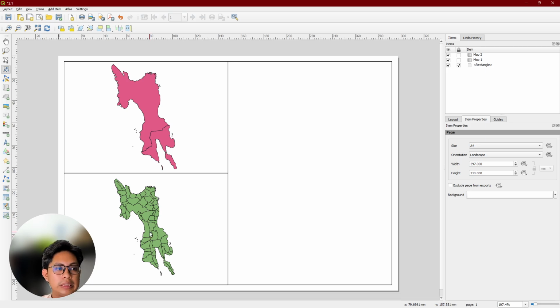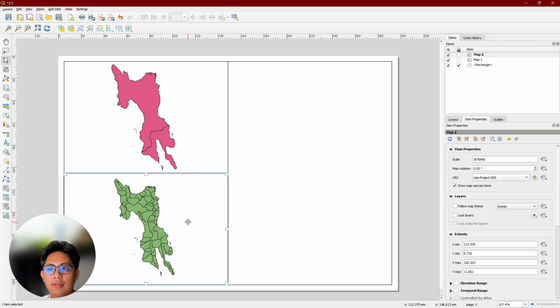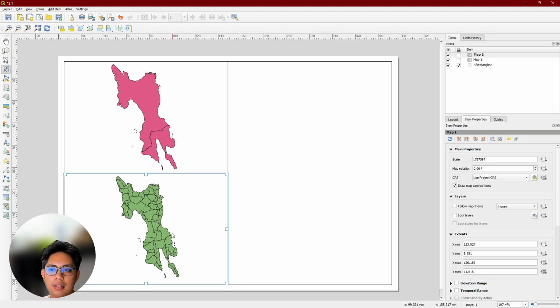Oh no. Select the map first and then move your content. So I want it aligned. You can add your grid lines. So, it's alright.